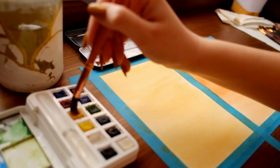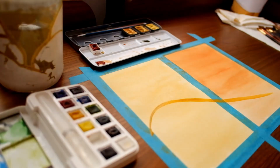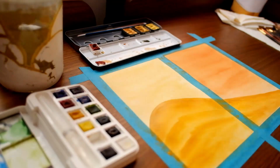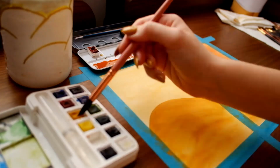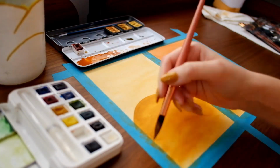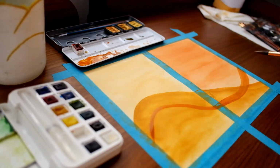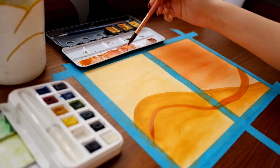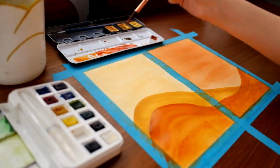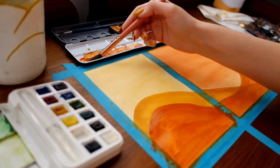Once the backgrounds were dry, I went back in with more yellow ochre with a lot less water so that it would be darker and more opaque, and created this sort of curved shape. Once that had time to dry, I went in with, again, burnt sienna. Again, a lot less water so I would have more of an opaque color payoff, and I created another curved shape. As you'll see here, I adjusted on the right panel so that when these two are side by side,